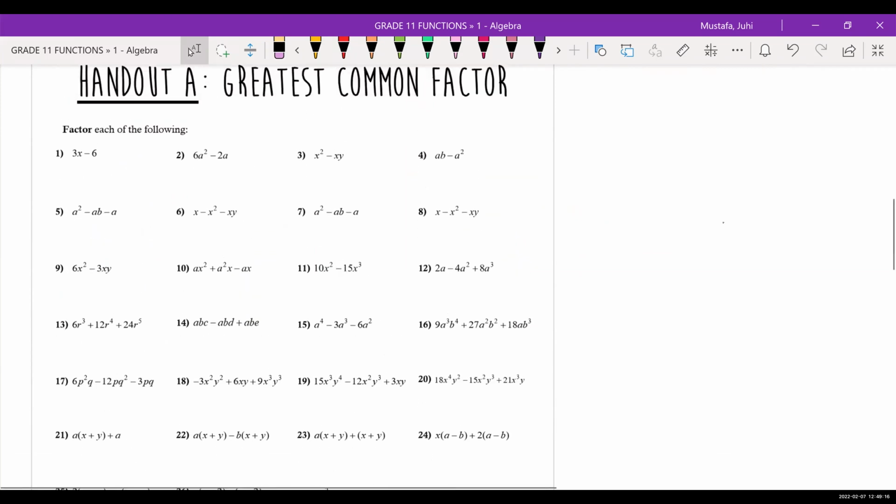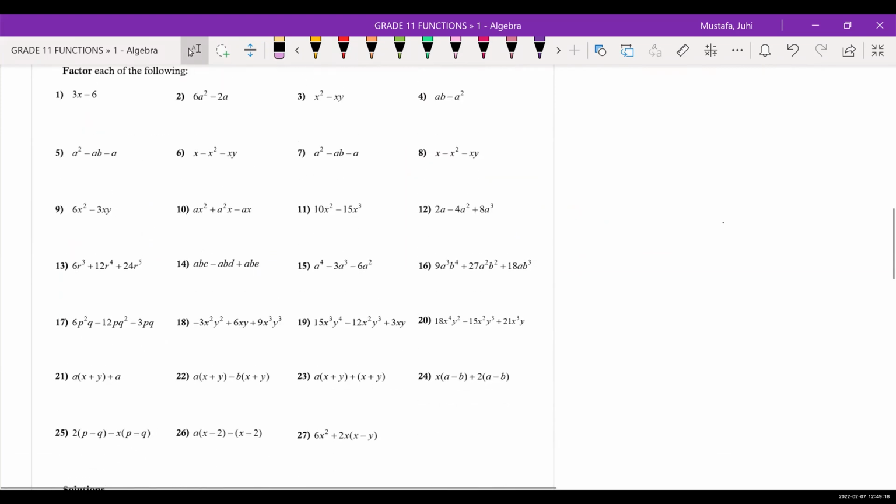If you go to the back of the page, handout A is 27 questions of greatest common factoring that you're going to try. Now, again, use your discretion. If you are an expert at factoring, you can pick every other one. If you don't remember anything, you should do every single one. We're not done. We still have to do one more lesson. Before we go on, I just want to bring your